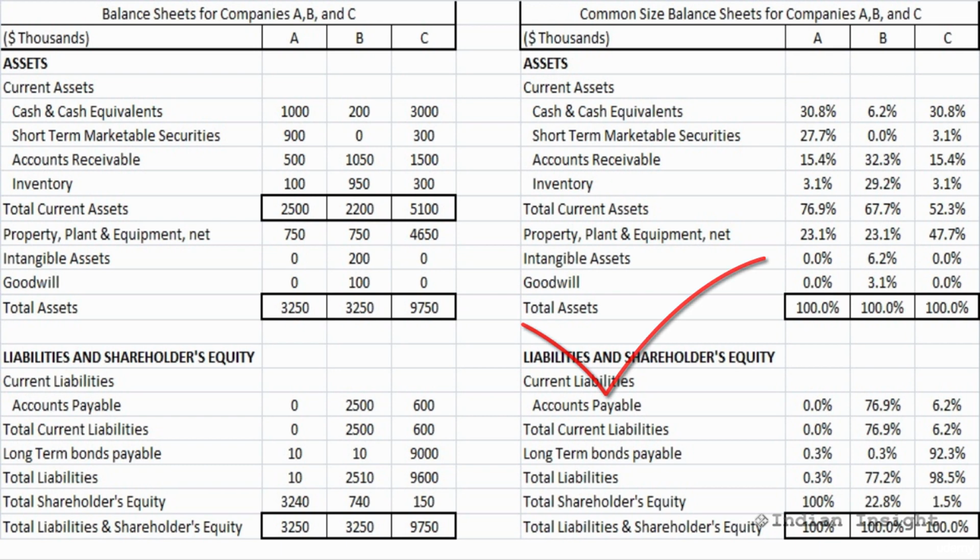Now this is the common size balance sheet for these three companies. What you can see here is that most of the assets of Company A and Company B are current assets. However, Company A has nearly 60% of its total assets in cash and marketable securities, while Company B has only 6%. Hence, Company A is more liquid than Company B, since it can quickly meet any cash obligation that may arise in its usual course of business.